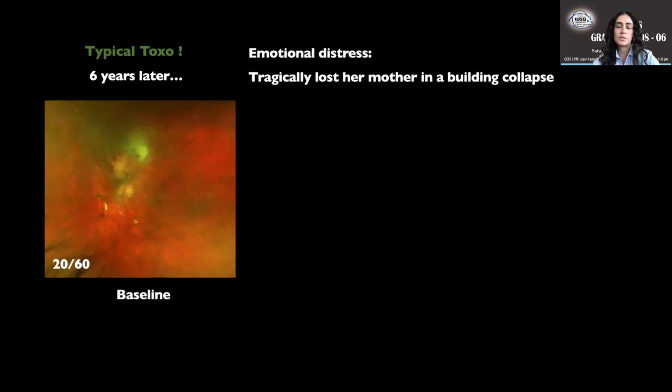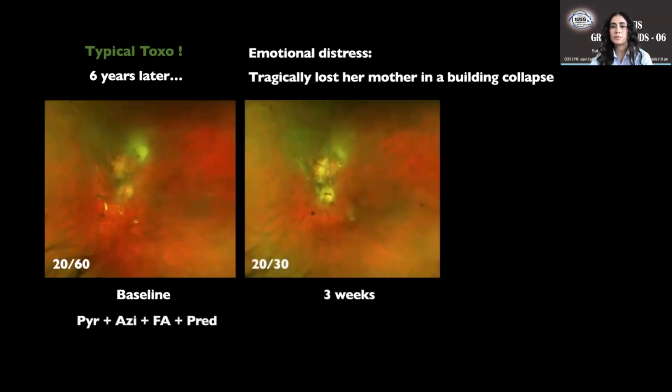So we were seeing now this lesion that is more like a typical toxoplasmosis, a satellite lesion adjacent to the previous one that we saw, but this time it was more organized, and it has the typical things that toxoplasmosis has. So we decided that we were going to use an alternative treatment with azithromycin and pyrimethamine, and we began more easily with the steroid therapy.